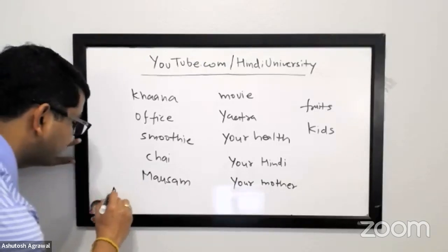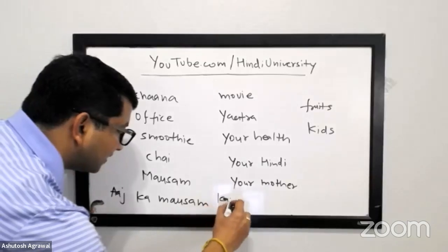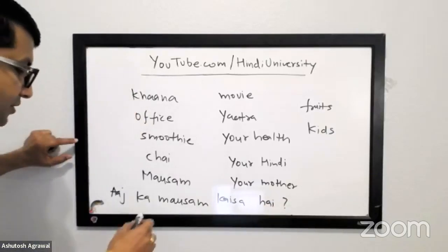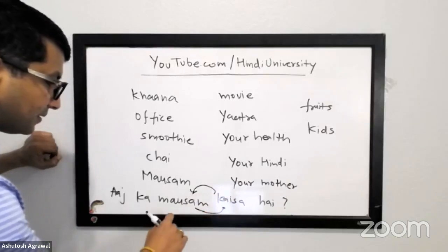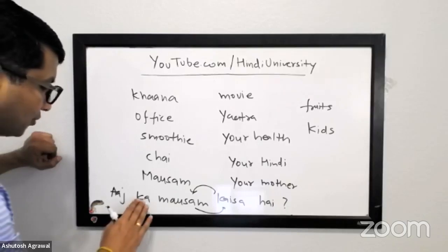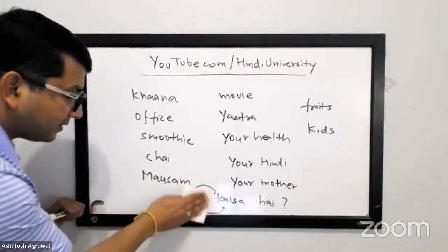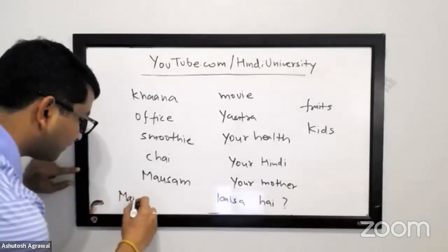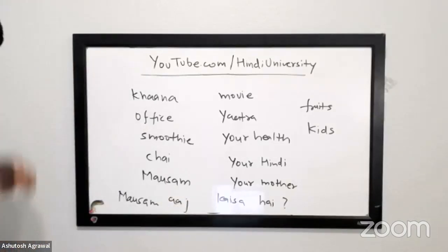So the first one is basically आज का मौसम, which is like today's weather, कैसा है? And which two do you want to change? आज का कैसा मौसम है? Like this. I was wondering if I could say mausam aaj kya hai. मौसम आज क्या है? You will not say क्या है, I mean kaisa. You want to say मौसम आज कैसा है? Like this. I mean, people colloquially can say it.